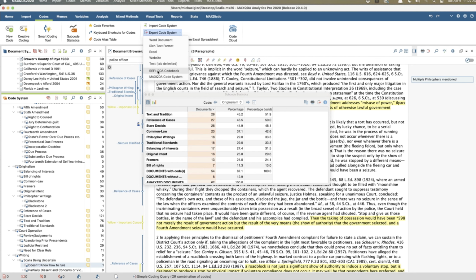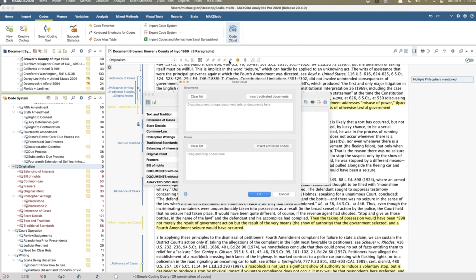I'm assuming this is one from other projects. You can import it in. If I have an existing code system, I routinely just rename the project to something else, and then delete what I don't want. But that is useful.